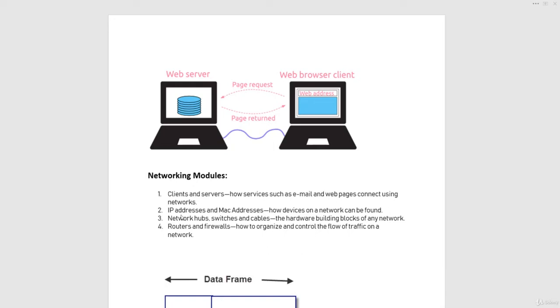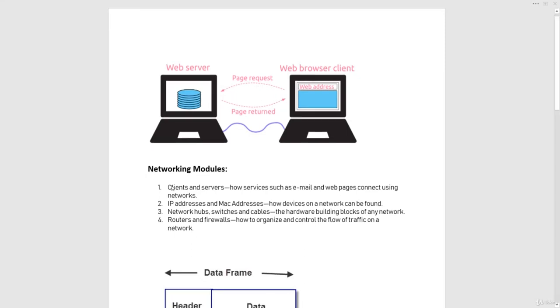So first of all, you can see we have these four modules available in this network. Basically, we have the client and server, and they communicate with each other so that we get services like email and a web page. There is the browser, which is the client. It makes requests to the server, which is connected to the network, and it gets the response as a page back to the client web browser.